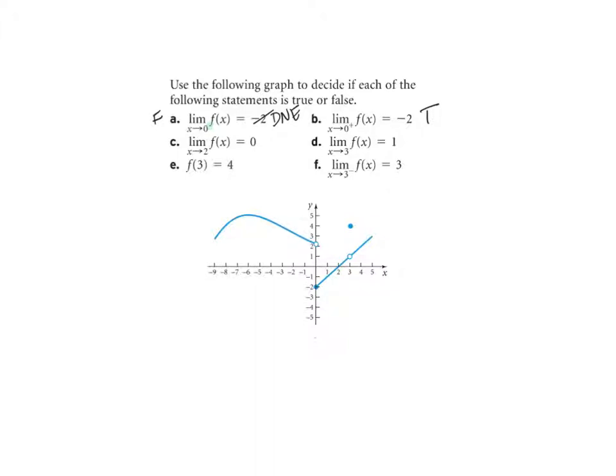All right, letter C, limit as x approaches 2, and there's no plus or minus, so it means from both directions. So I'm going to fill in my wall at 2. Then approach from the left. Starting somewhere to the left and move toward the wall, I hit the wall at the x-axis, so at a height of 0 on the wall. And on the right-hand side, if I start there and move toward the wall, I hit the wall again at a height of 0. So the limit from the left is 0, the limit from the right is 0, therefore the limit is 0, and this is a true statement.